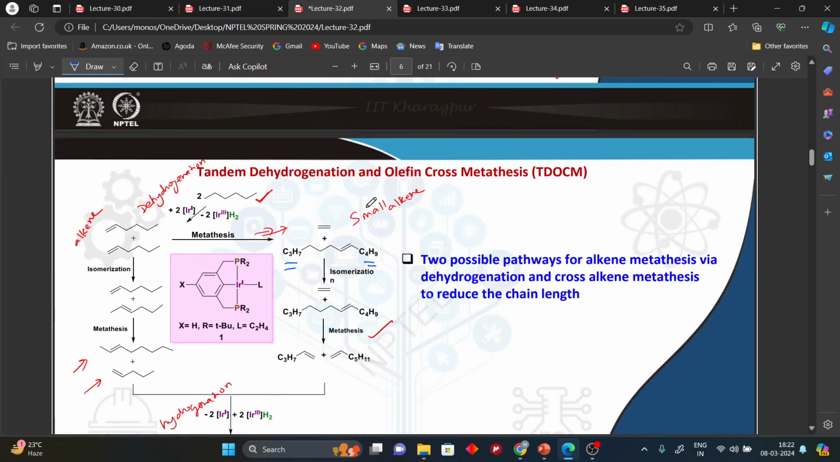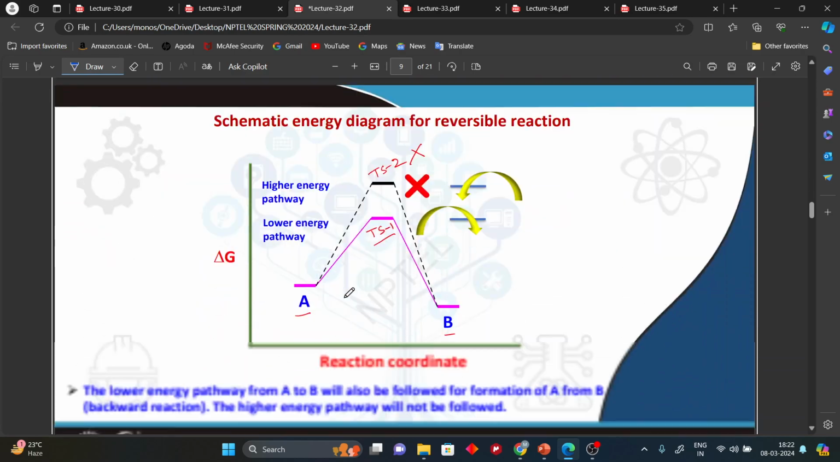And for this case, we are also doing the same. So with iridium, when we are doing hydrogenation and dehydrogenation, they are actually just reverse phenomena of each other, and the intermediate is there. So now coming to this,